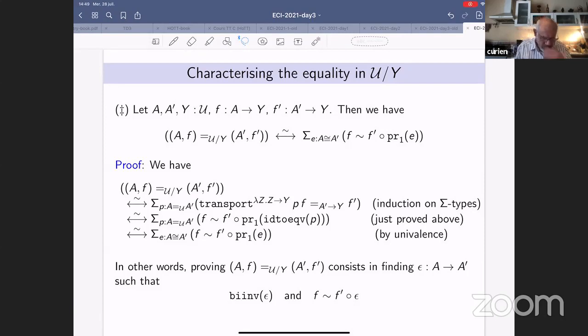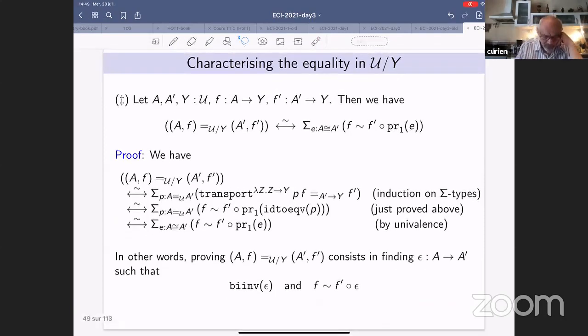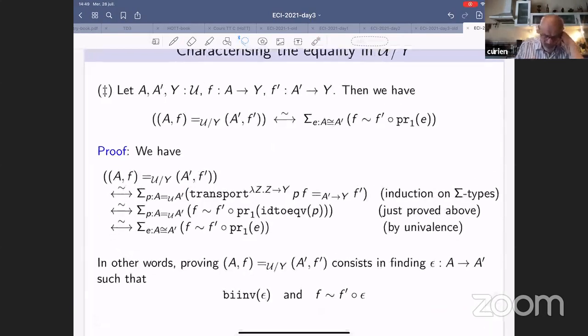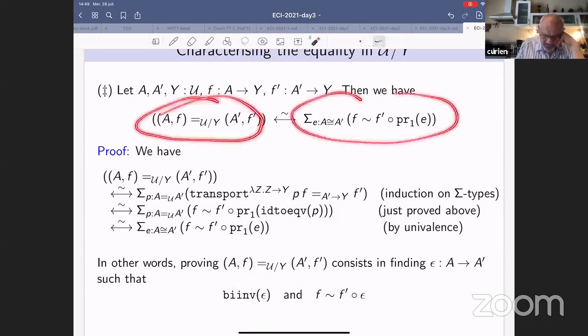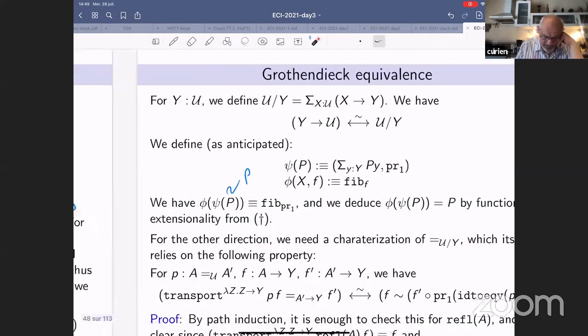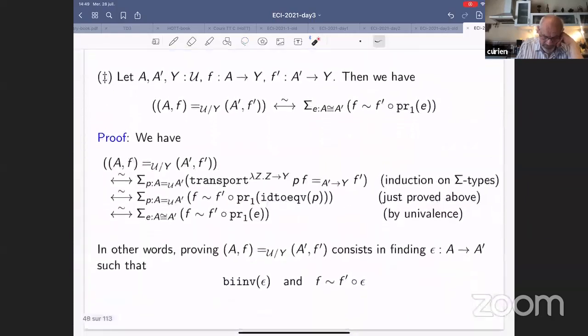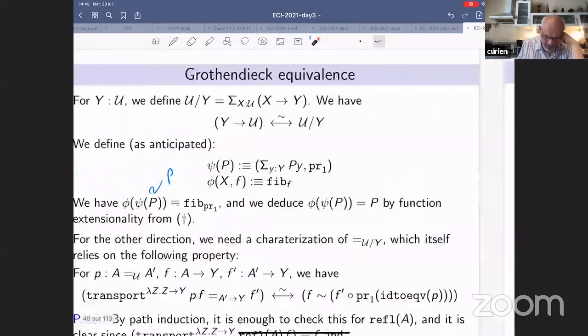Okay, so let's prove it slowly. We want to prove the equivalence between this type and this type. So let's start from this type. We know, because we already characterized